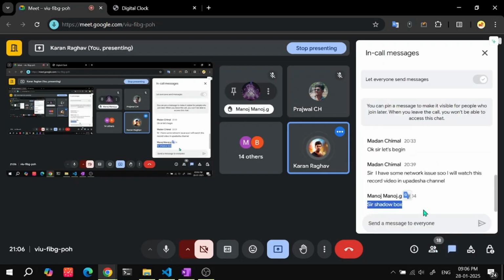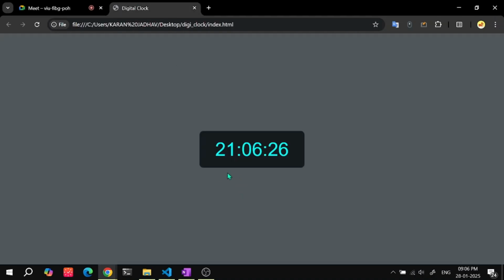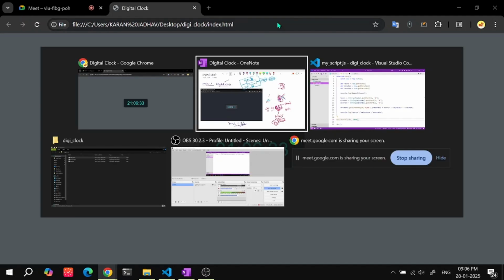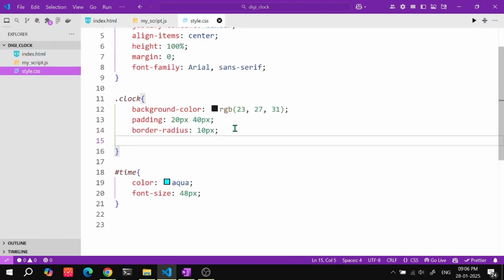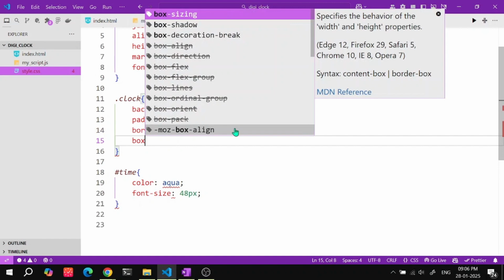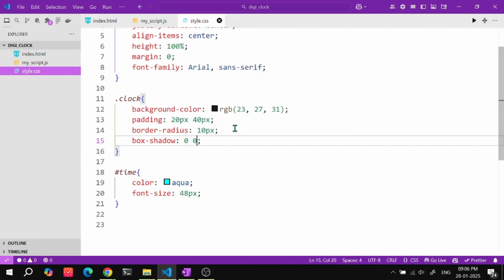Sir, box shadow. Okay, we'll put a shadow to our box. See, there is no shadow here. If you want to put a shadow to the box, there is one property called box shadow, in this one only, I am going to put a box shadow. Whenever you are writing, I will give 4 and 20 pixels, and then